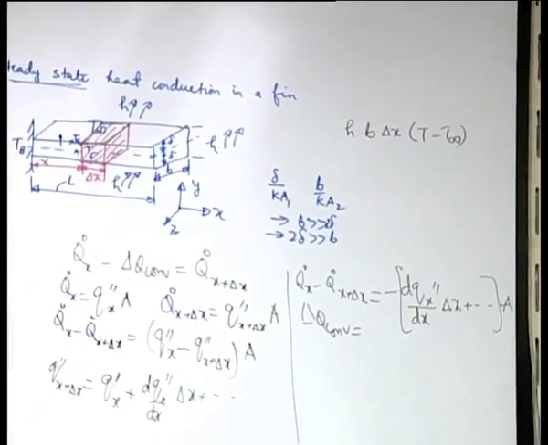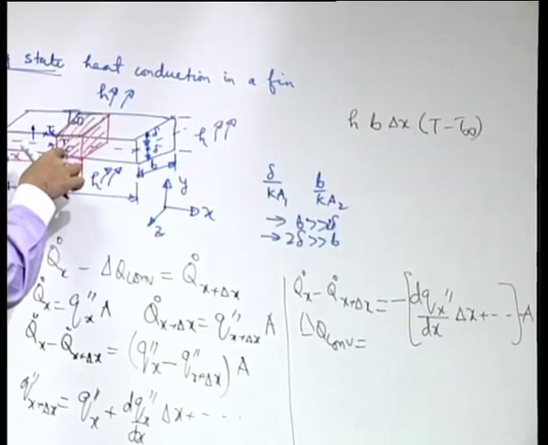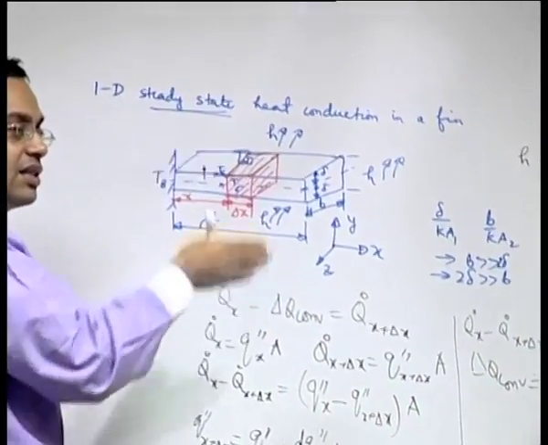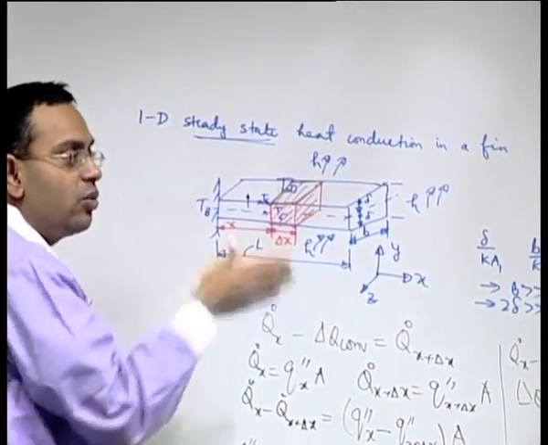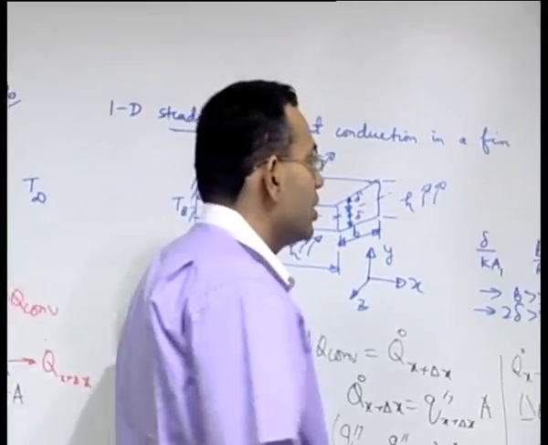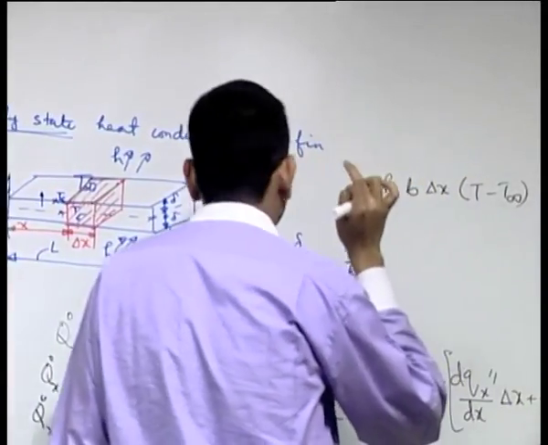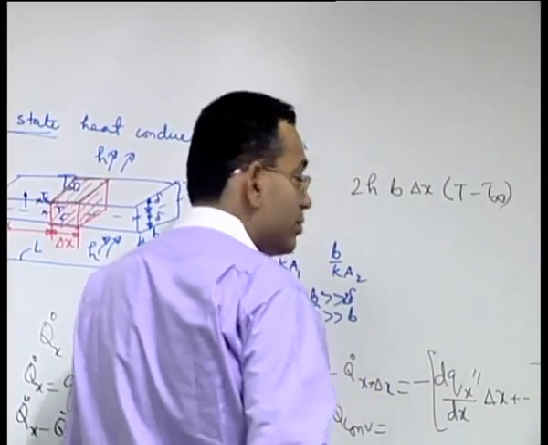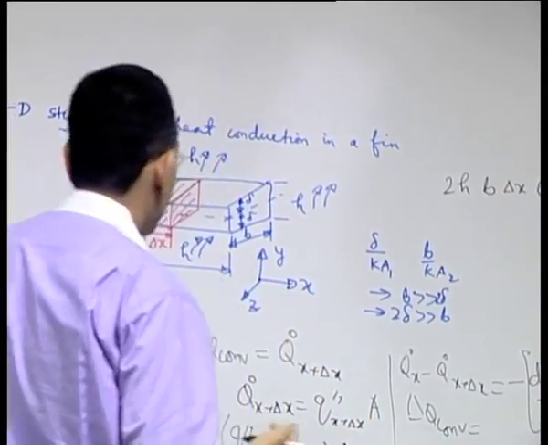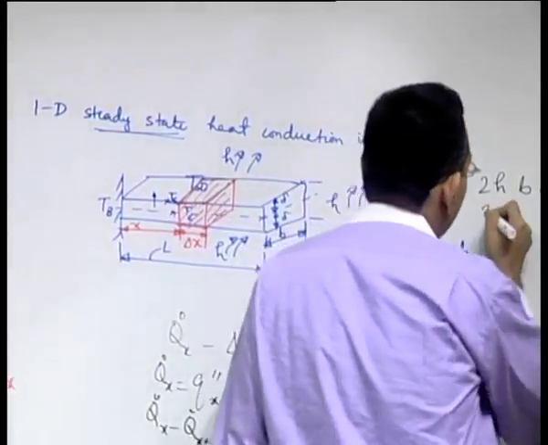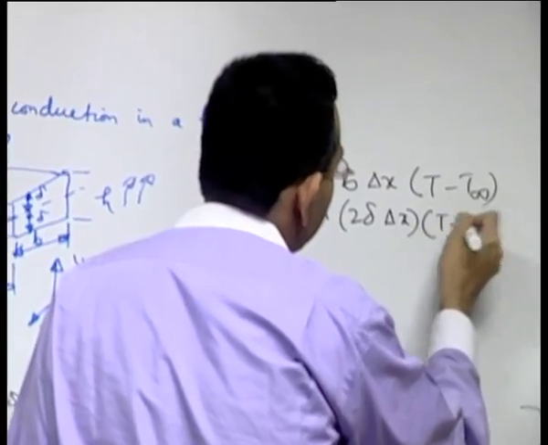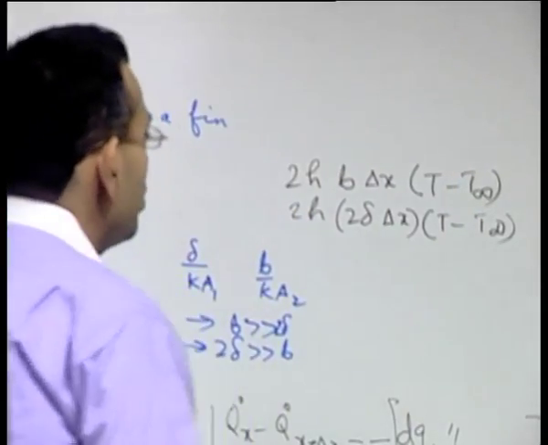Why? Because we have considered a small Biot number, so that there is no difference between center line and the surface temperature. So at a particular x, all y's have the same temperature, that we call T. So this into T minus T infinity, there are two such surfaces for top and bottom, and front and back. Front is 2h into 2 delta x into T minus T infinity. So if you add these two,